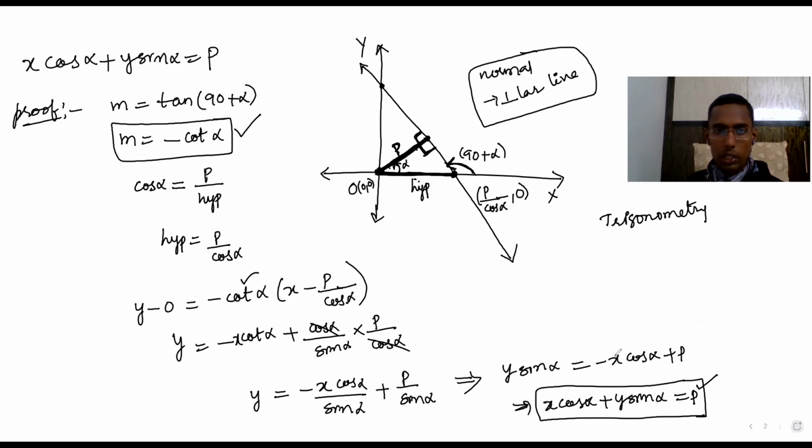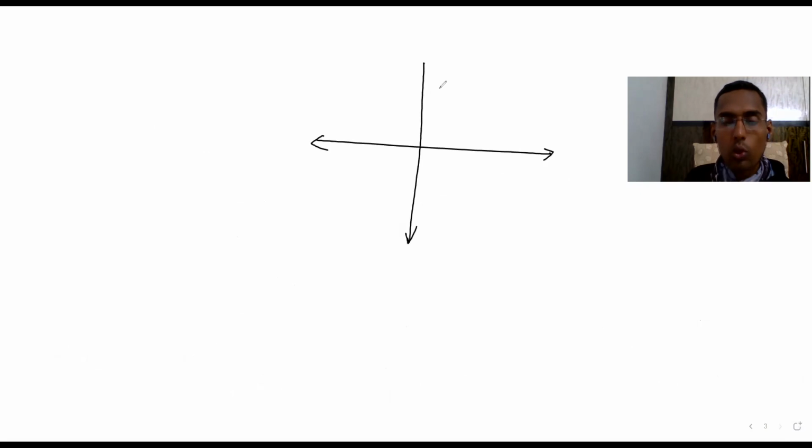But here, what we have is one case, but there is another case. Now this is the x-axis and this is the y-axis. The line I drew like this, but the line can be like this also. It doesn't mean that it will always be like this one. When it is like this, then this is the perpendicular distance. This is how you have to draw the perpendicular line, or normally you should draw like this.